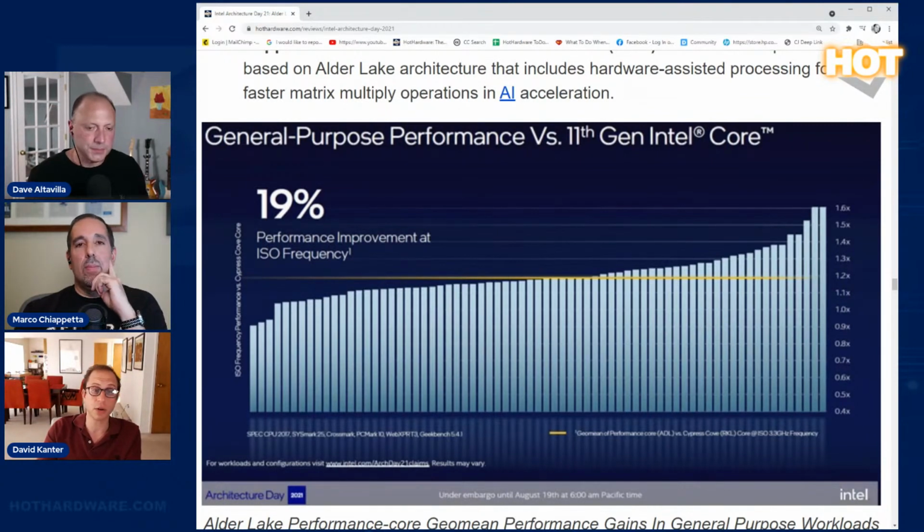Also, this is ISO frequency, right? So the interesting question, especially with all the dynamic clocking, is if you look at those pathological workloads, what frequency are they running at? We know this process is going to be faster than the prior one. Going back to the manufacturing day, my friend Sanjay said we're doing 4 or 5 process nodes in 4 years. It's an incredible cadence. Everyone is rowing 6 or 7 days a week. So if you're getting 10, 15% higher clock frequency in general, it certainly makes up for that. But then there's the question of what you actually get for those specific workloads, just to really dial in.